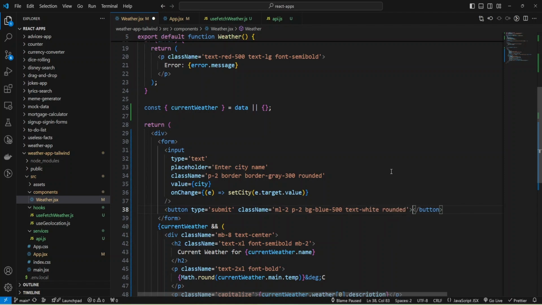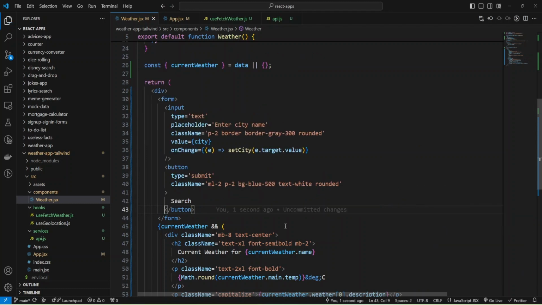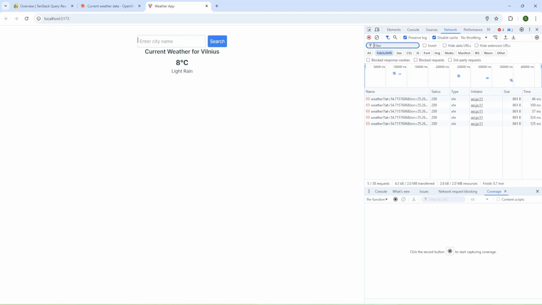And we need to add the text button Search. Okay, I'm going to save and check. Okay, we have our enter city name input, and I can add some name, but it's not working now because we haven't added any functionality.